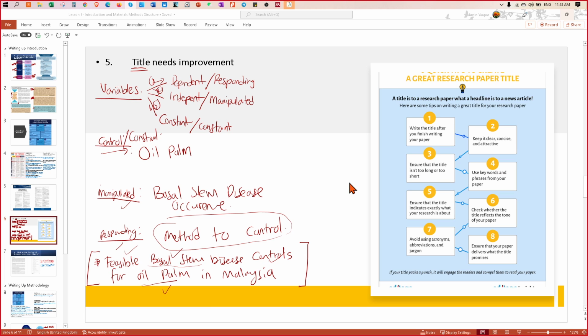Okay, so that's okay. What about the responding variables? How do you want to quantify, or how do you want to assess whether your method is successful or not? In what terms? So you have two sets of alfalfa now. You have alfalfa in the field, you have alfalfa in the glass house. How do you want to quantify whether your one method is better than the other?